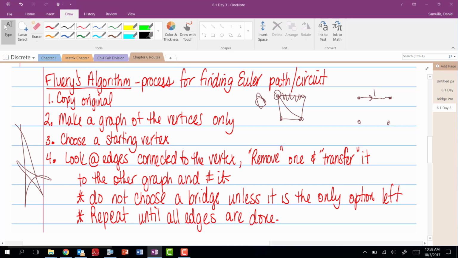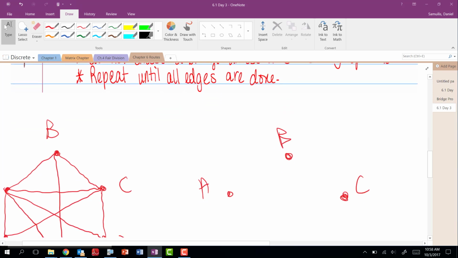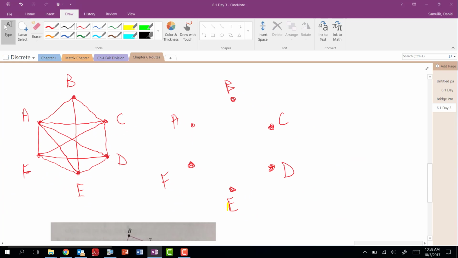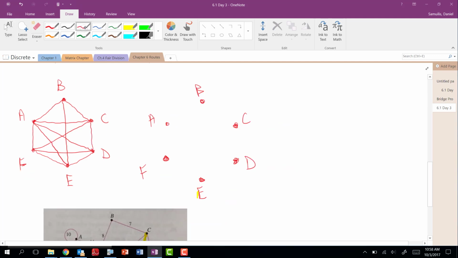And then the rest of this stuff, through just being smart and knowing what you have to accomplish, you can be okay here. So here we go. I know for no purposes you do have to do the drawing, so go ahead and do that real quick if you want good notes. There's the drawing. But do understand what I said about maybe a little bit of Fleury's algorithm. This is what the book has as a drawing.